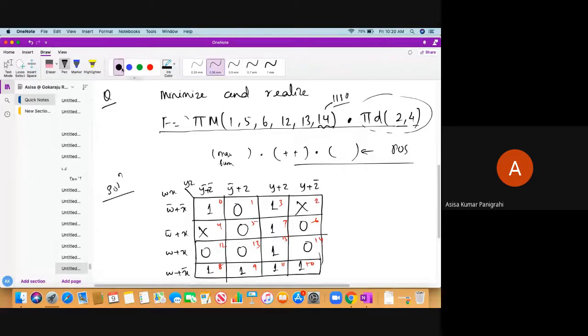So for the grouping, you have to consider the don't cares as well. In order to consider the don't cares, remember they may be used multiple times, and there is no such rule that all the don't cares should be combined. With the combination of the don't cares, at least one max term should be present. All these rules, you have to use, then you can go ahead.